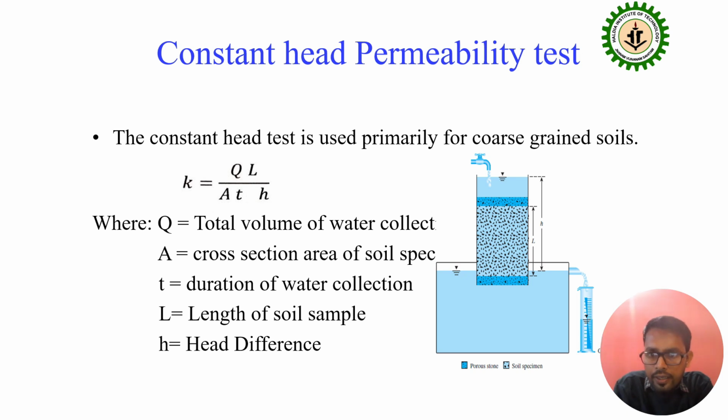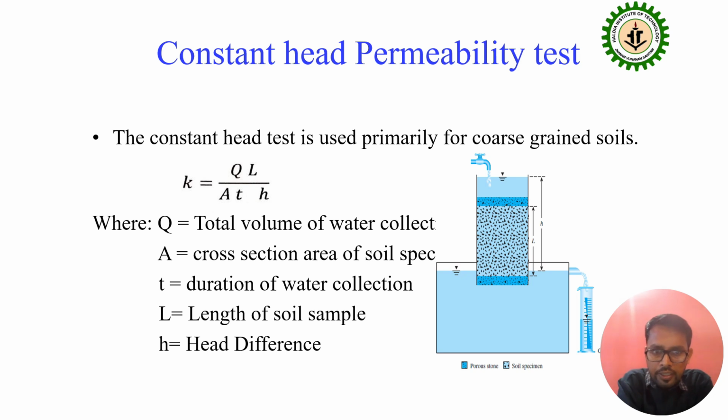There is a soil which is compacted within a mold. The length is L, and the total cross sectional area of the soil is capital A. At the bottom and top there is a porous stone, and at the top there is a tap to supply water throughout the experiment, and at the bottom there is an outlet to collect the water at a regular time interval, and H is the head difference which is constant